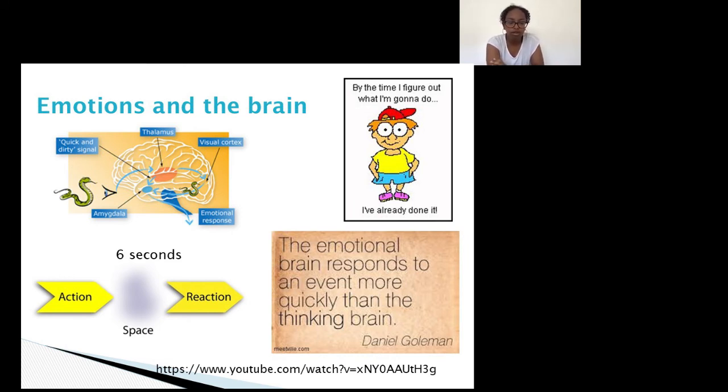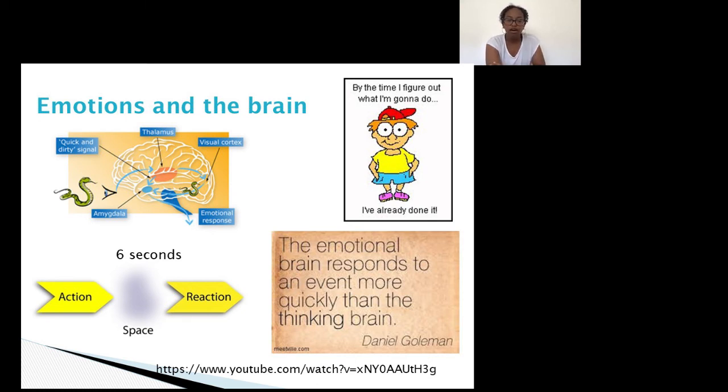And if you look at the picture up top, it's a picture of a brain, and this is showing a response to a stimulus, triggering the brain's fight or flight response, which is there to protect us from danger, essentially. What happens is the eyes see a potential threat, like a snake, which goes to the thalamus to be processed, and the thalamus shoots information to the cortex or the amygdala, which releases hormones that will help us